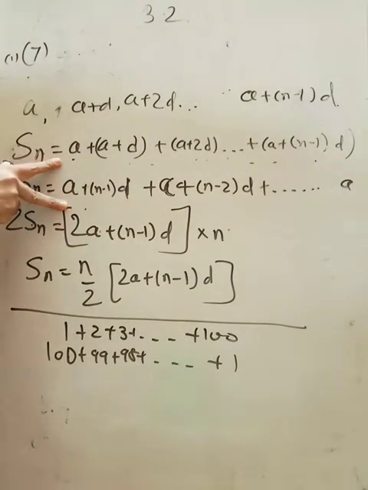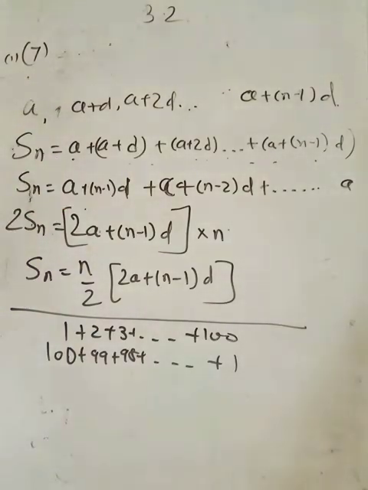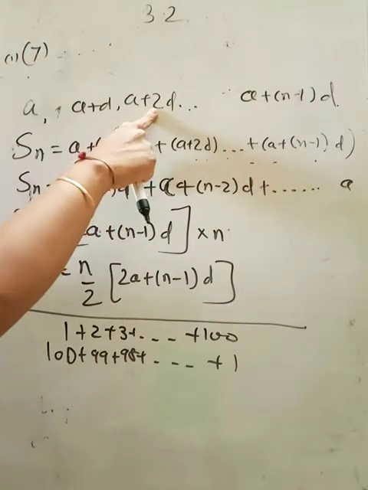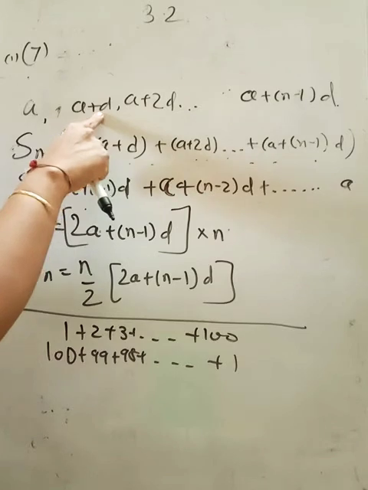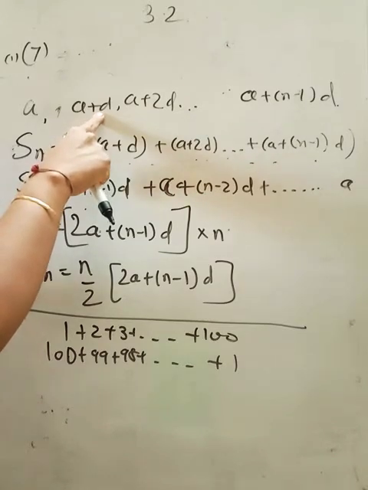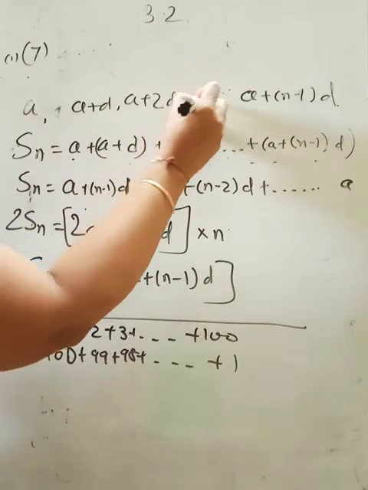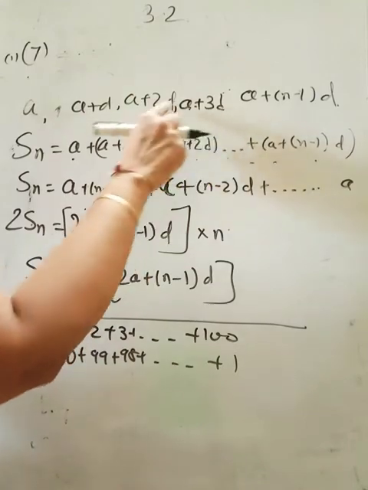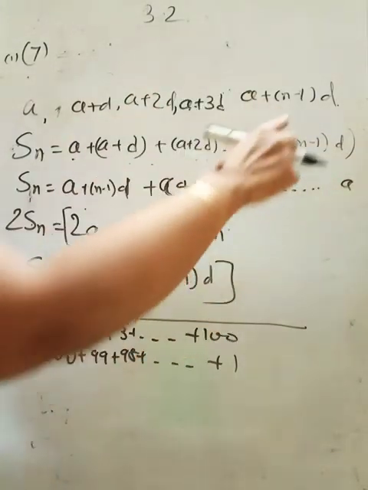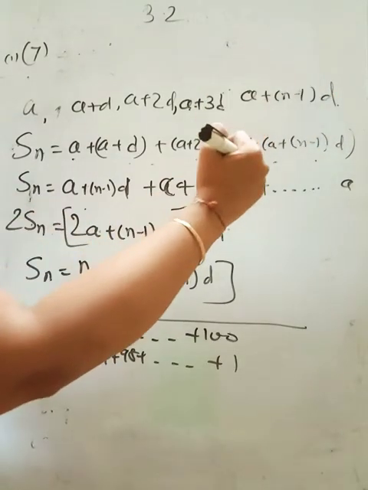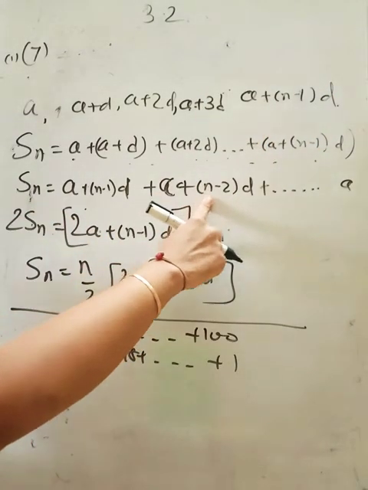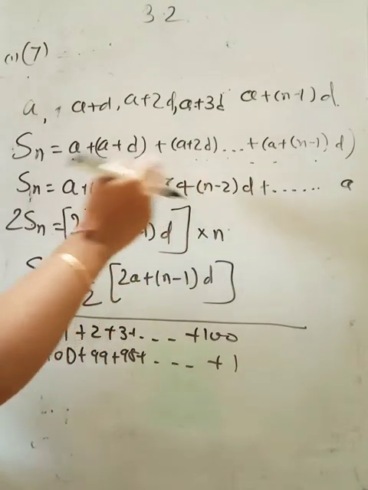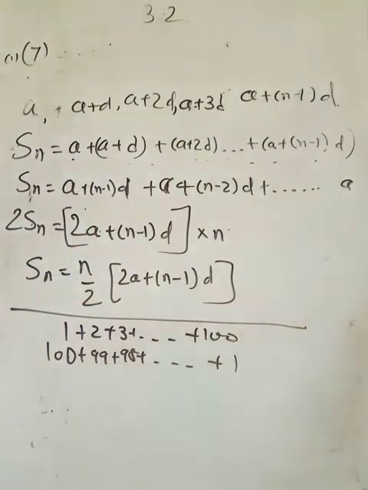But miss, n minus 2 d, how it came? अरे बच्चा, ये nth term है ना. Yes miss, nth term. See यहाँ पे 2 था, यहाँ पे क्या आया बेटा, 1 आया. हाँ, यहाँ पे देखिए a plus 3d है, तो a तो a ही रहता है, सिर्फ d के साथ multiplication में यहाँ पे 3 था, तो यहाँ पे 2 हुआ. एक कम हो रहा है, तो यहाँ पे n minus 1 है, तो उसको एक कम करें तो क्या आएगा? n minus 2 into d, बेटा. उससे previous, कैसे आएगी n minus 3, ऐसे. Now got it.